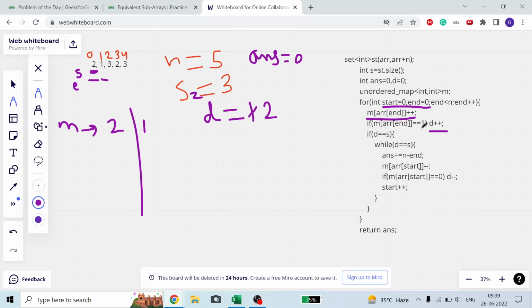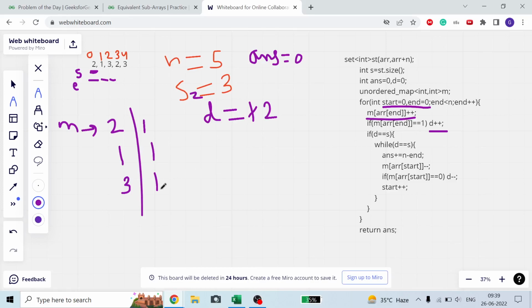Now this is 1, map of ARR[end], and now 1 and 1 means one value has 1. Now map[1] is equal to 1, yes, it means I found one more different character, so I will increase my d. Now d is equal to s, false. This is s, or you can say sz. I just write it so that s and start will remain different. Now increase my end again, and it became 2. Now the next character 2 increases by 1. Now map of ARR[end], map[3] is equal to 1.